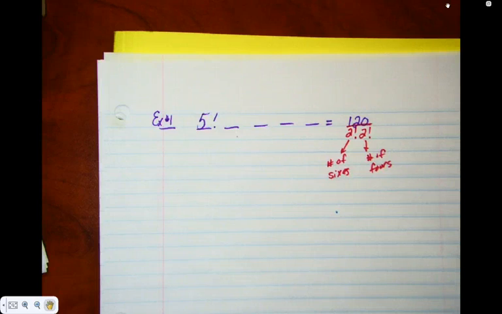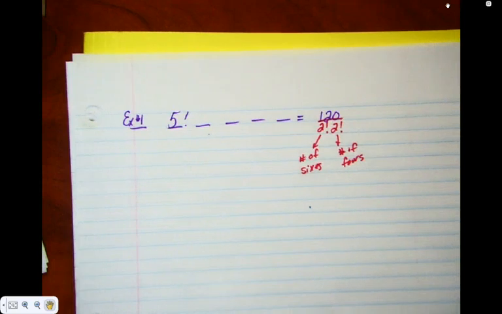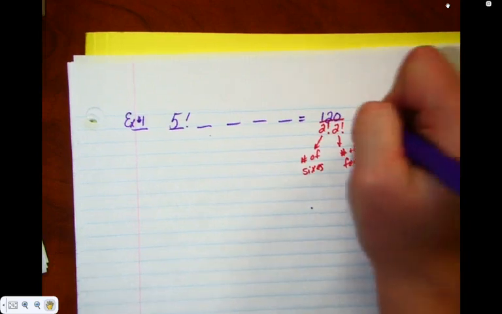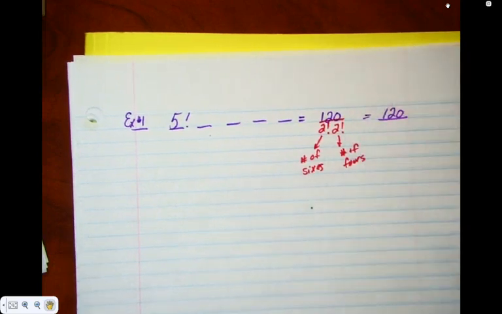So the 2s in the denominator are a combination? Yes. So I'm keeping that 120 on the top, and I'm just going to figure out what the bottom is. What's 2 factorial? 2. What's another 2 factorial? And so if I multiply them together,